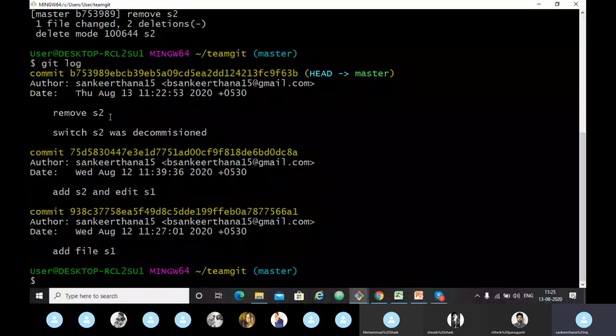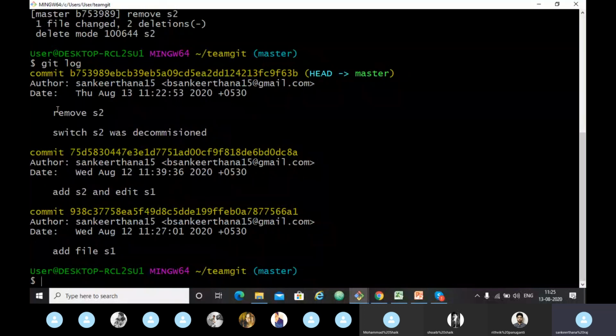We saw this message in the editor because we did not use the -m option in the git commit command, right? Yesterday we used git commit -m with a message, right? Today we just used git commit. If you want to write the message in a file, you just have to write git commit. Or if you just want to give the commit message inline, you can use git commit -m with the message.